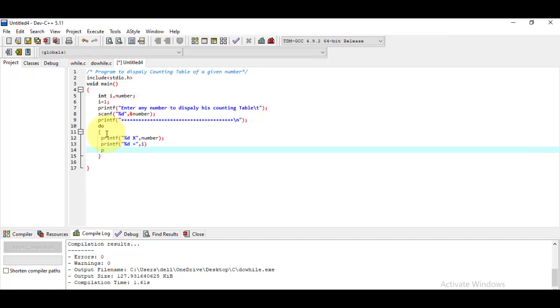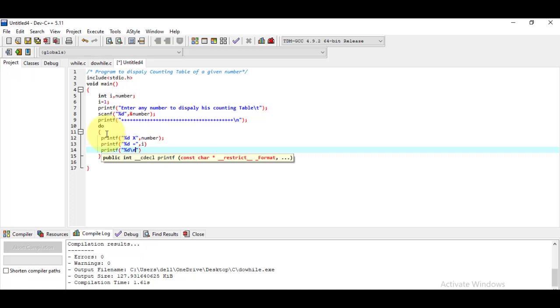So again I am writing one more printf statement. So printf, and the result has to be displayed in integer format, so %d here, and I want the result to be displayed in each new line, so here I am putting the \n escape sequence.